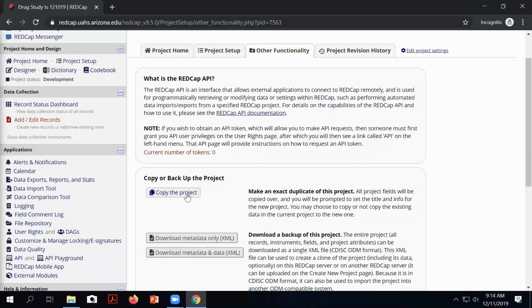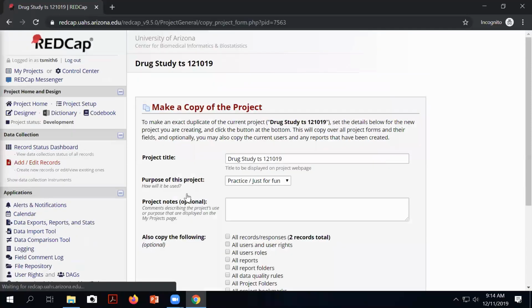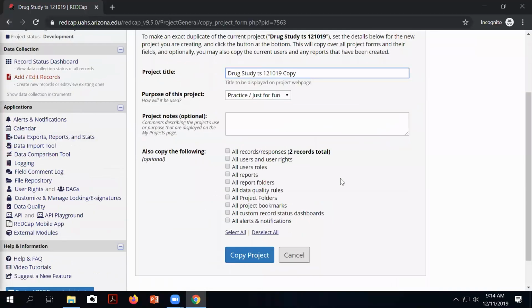Maybe you want to copy it and play around with changes and make sure that you don't touch the original. All you need to do is click on the copy. You do have to change the title, so I'll just call it copy. And then you have the option of also choosing to copy all your records, all your users, and you can read through all these different things you can copy over with your project. So I'll go ahead and copy it,